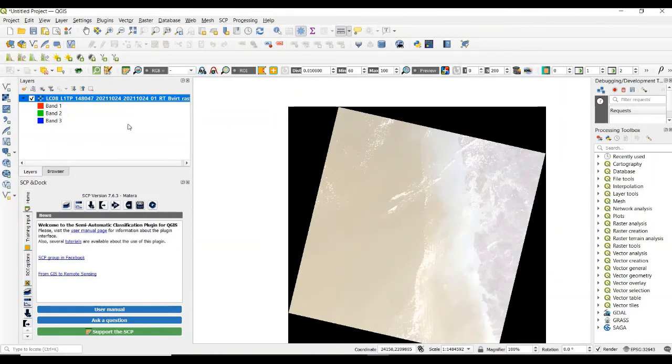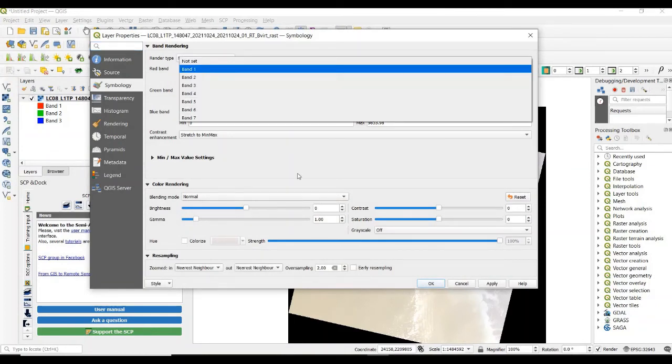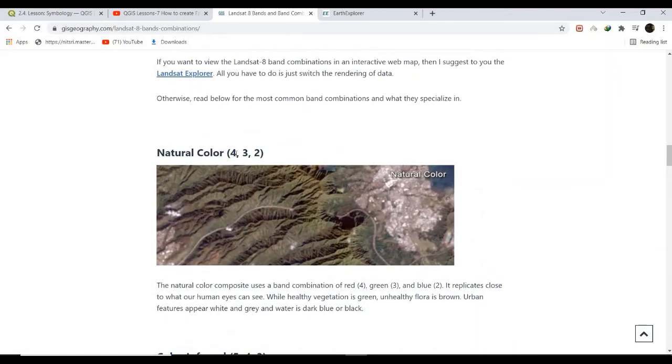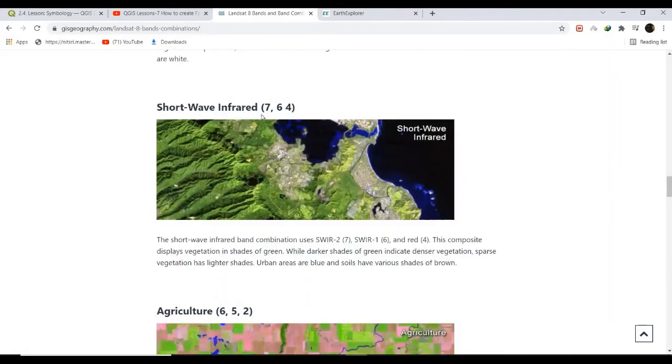By option property we can change other bands also, like for color infrared we already applied natural color, and we are going to apply short wave infrared 764.